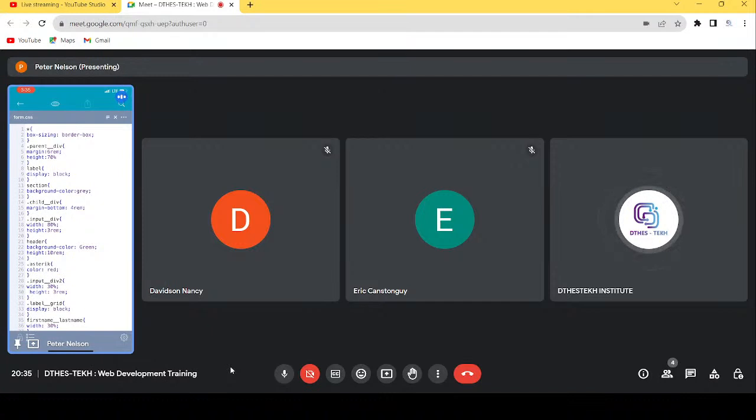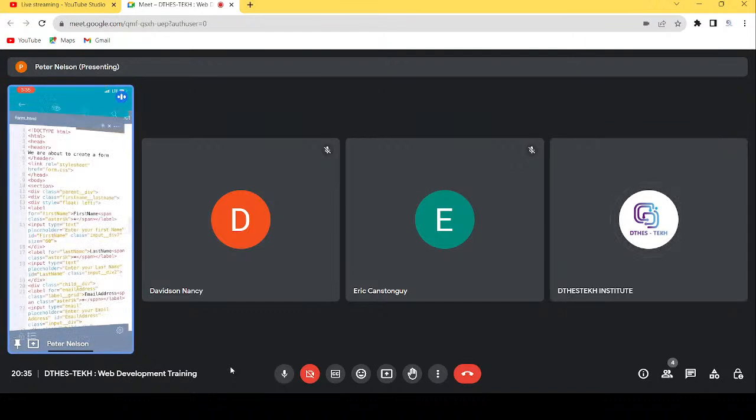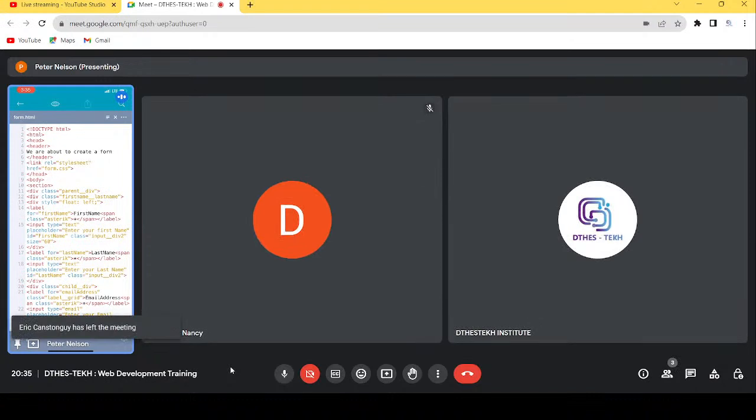So how do you call it? I don't understand what call means. Call is like, I just call you Peter. So how are you calling it? Is there a way you can call something in code? I mean by calling, sir, when you look at my number 7 code, it says link rel style sheet href form.css, meaning